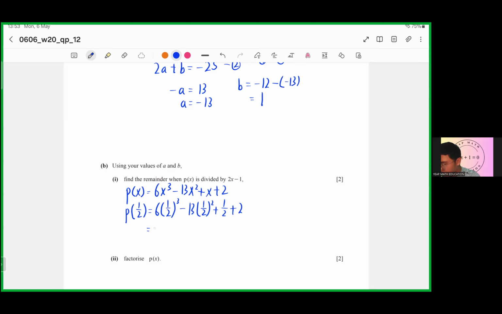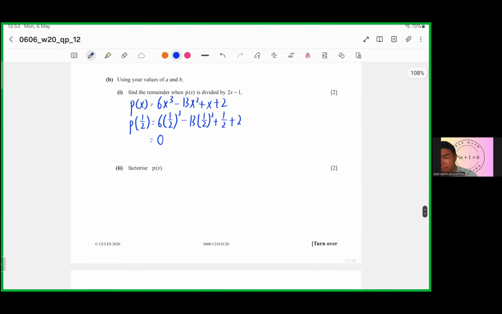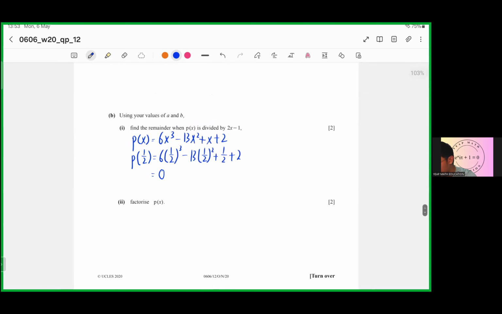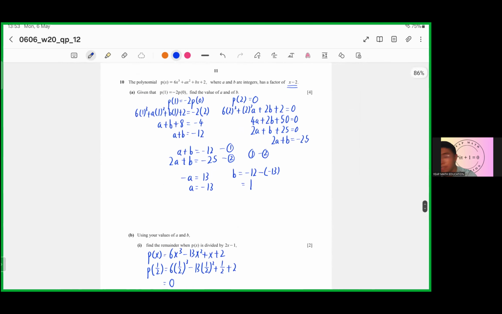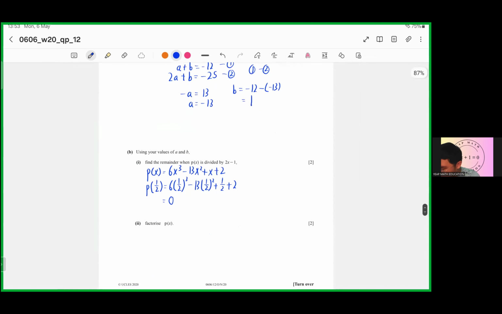Okay, so we get the remainder is 0. Now we continue. Factorize for this P(x). Because we already got two factors, for these two factors the remainder is equal to 0. So we can write,